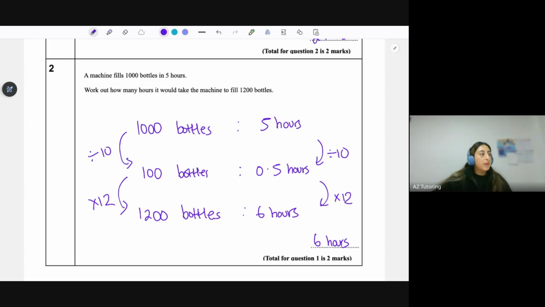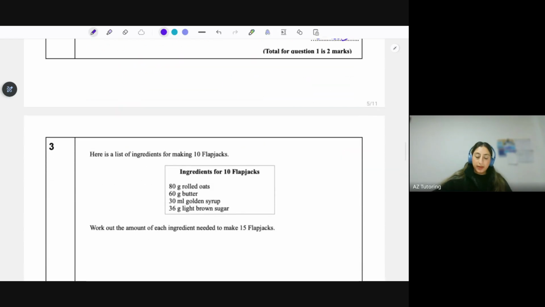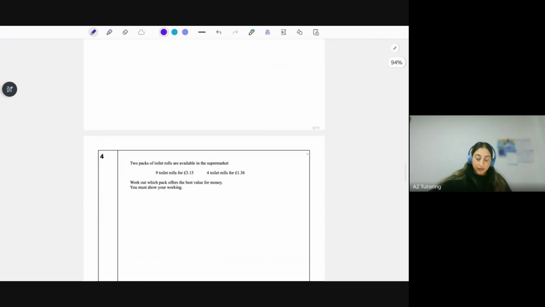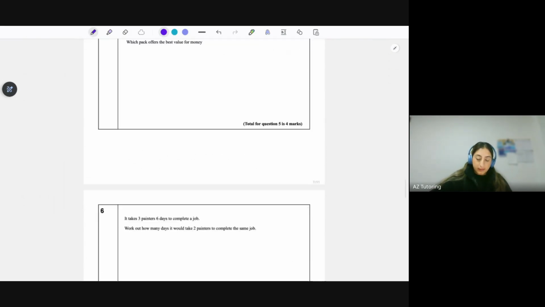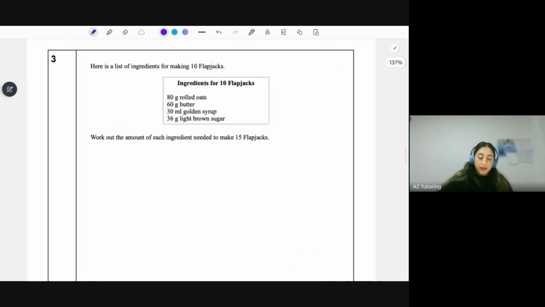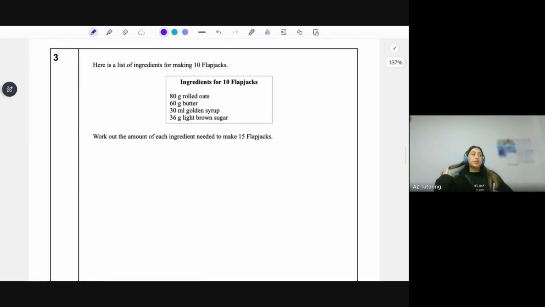Okay, so moving on. This is where we get to the proportion ingredients questions, and this is sort of using proportion. So here is a list of ingredients for making 10 flapjacks. Work out the amount of each ingredient needed to make 15 flapjacks. So we want to go from 10 flapjacks to 15 flapjacks. So the easiest way to do it is